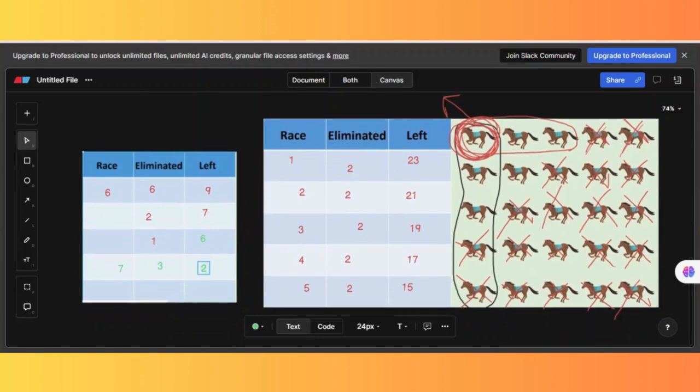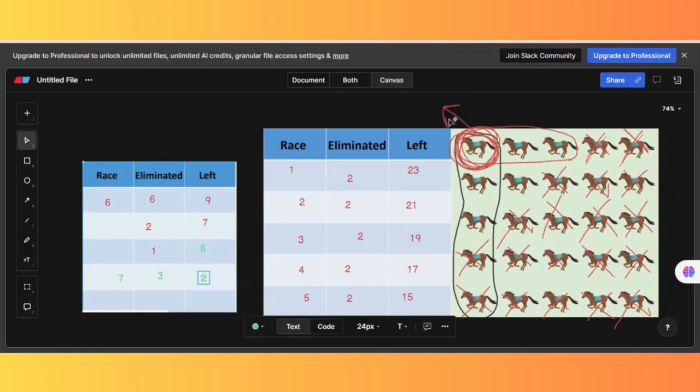So at last, only five horses are left, and at the seventh race, the total minimum races required will be seven. In the seventh race, I will get my top two horses, which are second and third, and from all the races, I can say that this horse will give me the first position. At the last, which is the seventh race, I'll get my top horses, which are the first and the second.